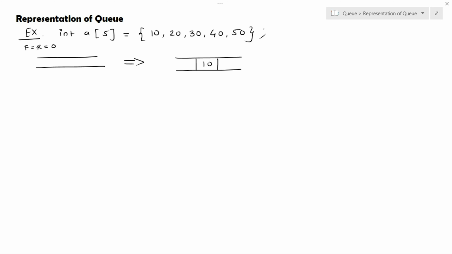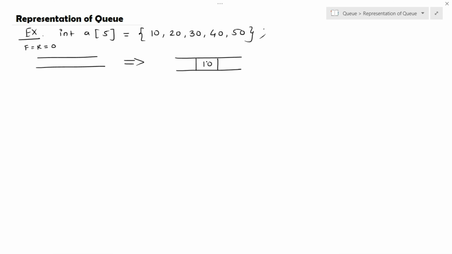Right now the value of front and rear is equal to 0. Each time we insert a new element into the queue, we increment the rear pointer. And when we remove an element from the queue, we increment the front pointer.